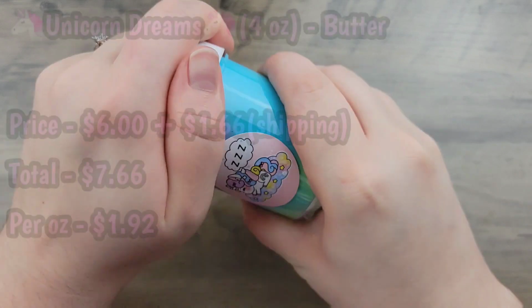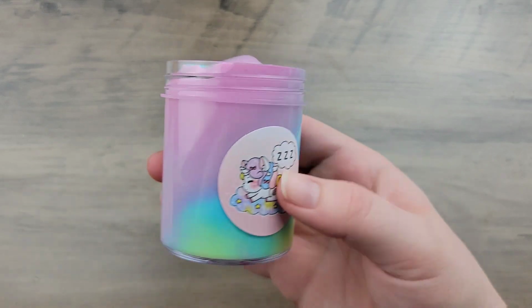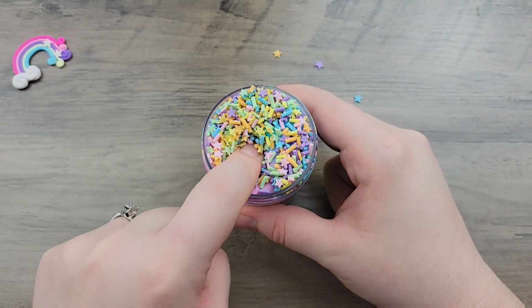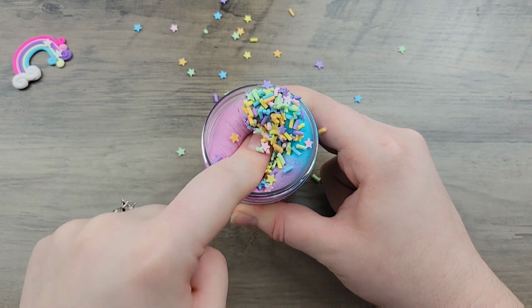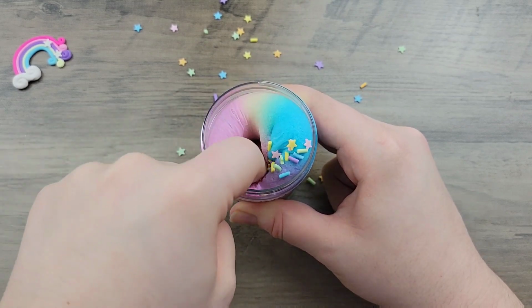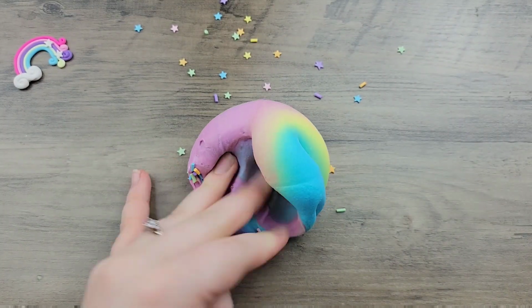Moving on, we have Unicorn Dreams, which is a butter slime scented like unicorn sparkle, and it comes with a rainbow charm and a ton of add-ins. So first off, I wanted to say that this is the most gorgeous slime I have ever seen. I love the colors. I think they did an amazing job, and I will say mixing it kind of broke my heart a little because the colors just look so stunning and just so beautiful, and mixing it was so